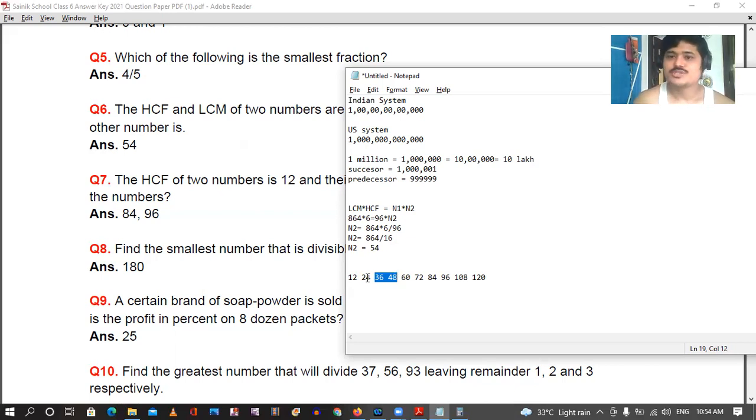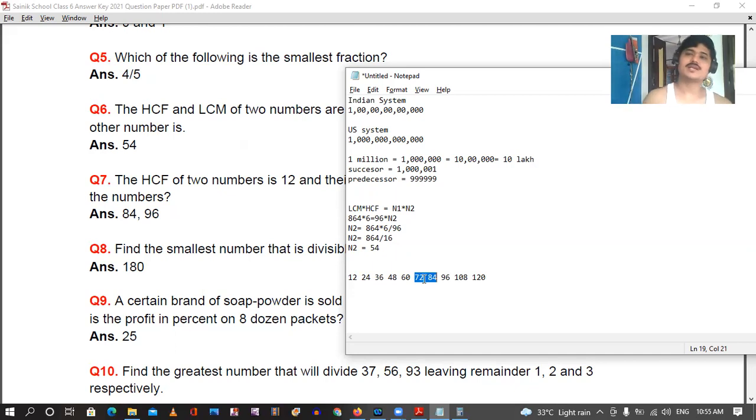So in the options, if you don't get 84, 96, don't hesitate. It can be 60, 72, or 72, 84. Any number combination on this. When I say any number, don't go by 12 and 36, because the HCF is 12 but the difference is not 12, right? So any two consecutive numbers, if you see them in the options, you just stick with it.